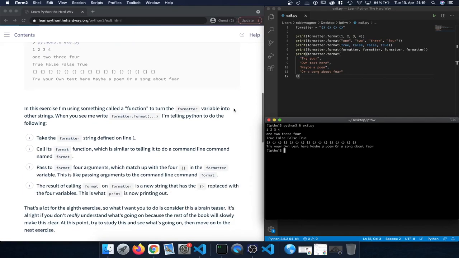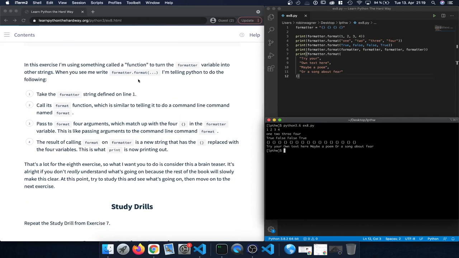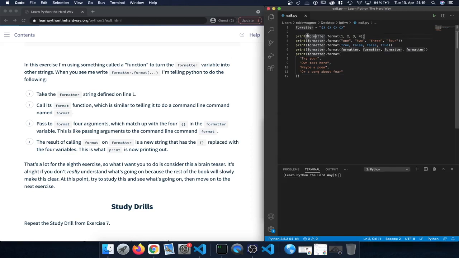Now let's take a look at the exercise description here. So what we do here is that we are using a function to turn the formatter variable, which we defined here at the beginning, into other strings. And when we are typing in formatter.format, which we're doing here, for example, and also in those other 4 cases, we're telling Python the following. We're taking the formatter string, which is defined in the first line, and we call the format function on it by using .format,